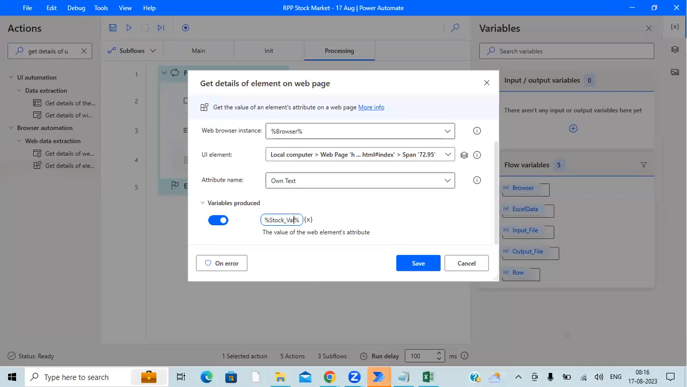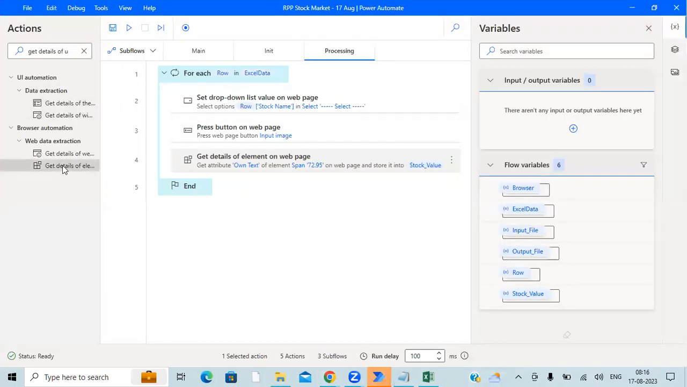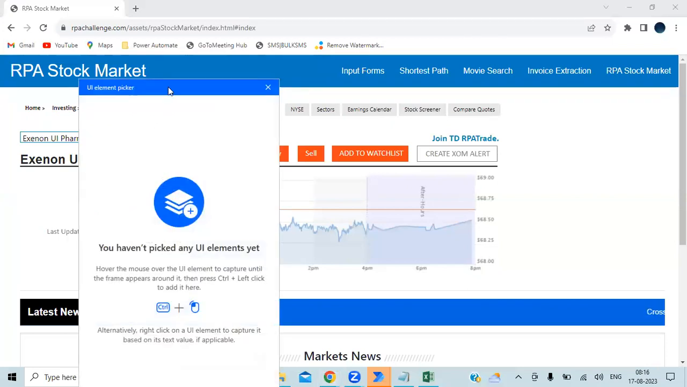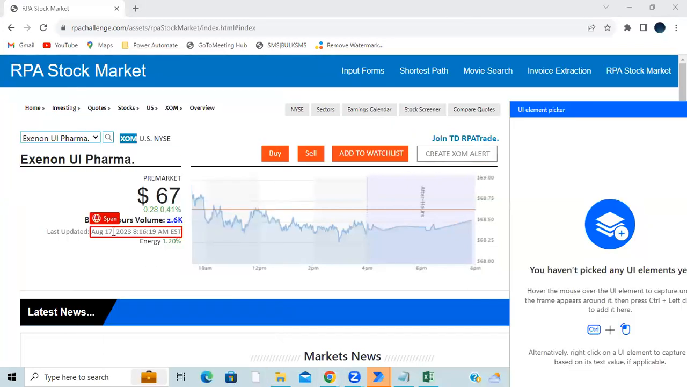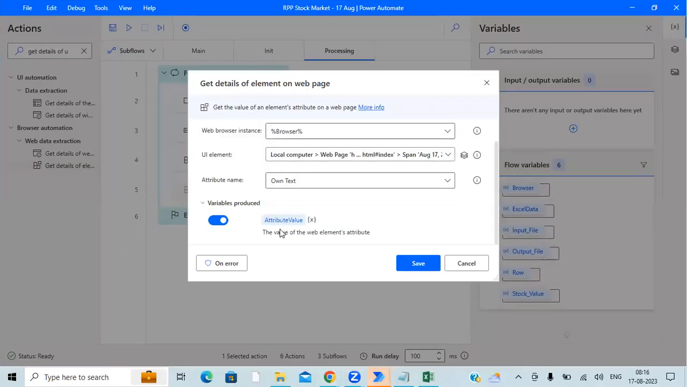Stock value. Similar way, we have to take the time as well, right? This time. Get details of element on web. Like this. Okay, this. Stock,